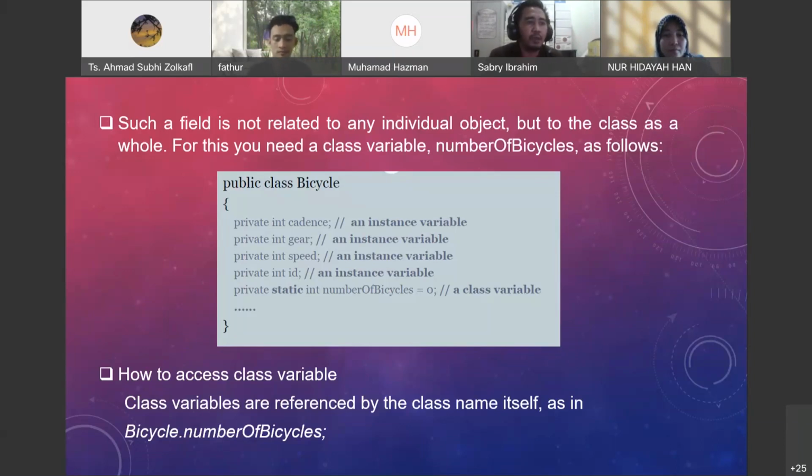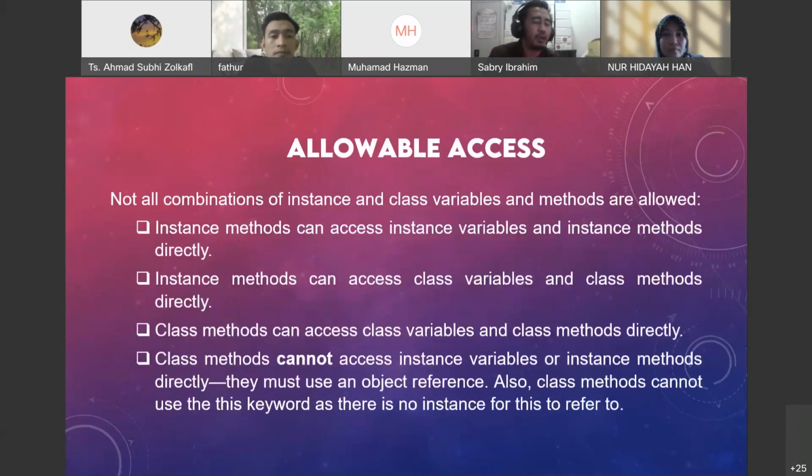Okey, bagaimana untuk mengakses class variable ni? Class variable ni dia boleh di-refer menggunakan nama kelas itu sendiri, seperti contoh Bicycle.numberOfBicycles. Seterusnya,